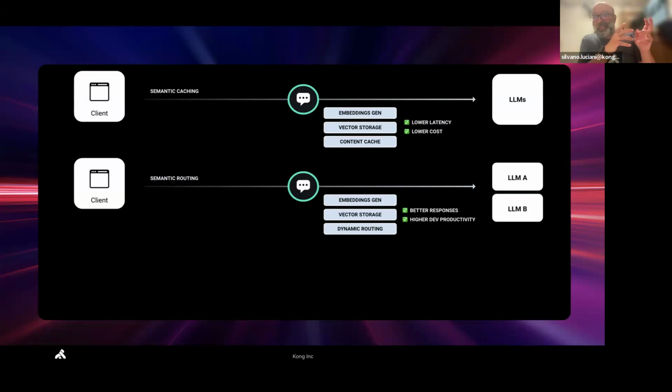You could manually build a map of all these questions need to go there, all these other questions need to go to the self-hosted model, or you could use semantic routing,